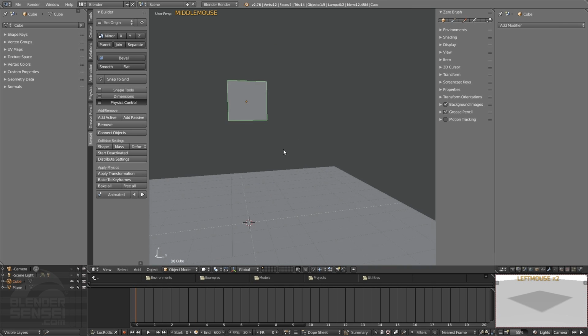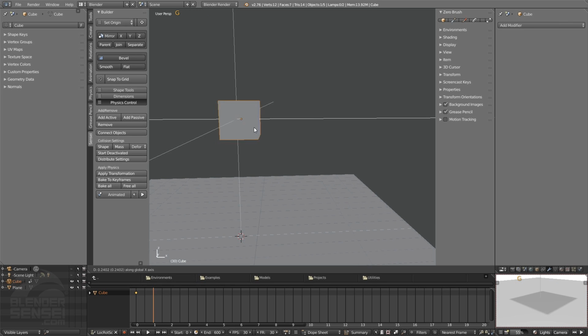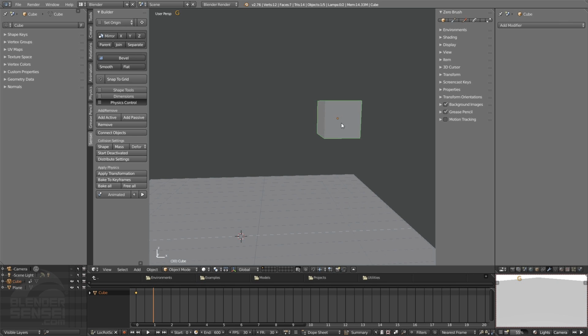But if I were to say press I to insert a keyframe, which of course pressing I will insert a keyframe and not move the timeline down a second, but pressing F will insert a keyframe and move the timeline down a second for us. But if I were to right click 1 second down, press G to grab, middle mouse to constrain, and press I again. So I've now animated this cube moving from here to here,